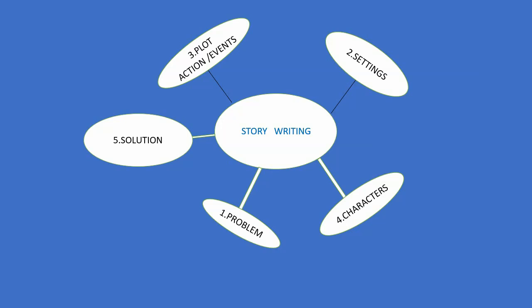So let's revise it once again. If you start the story, always start the story with the problem. Then move on to the setting. After describing the setting, you just start with the plot. Write down the important points or actions that took place, as I told you. Then move on to the characters, because for describing the plot or elaborating this point, you need to mention the characters. Mention the characters, and need to be very creative, as I told you. Then the solution at last.